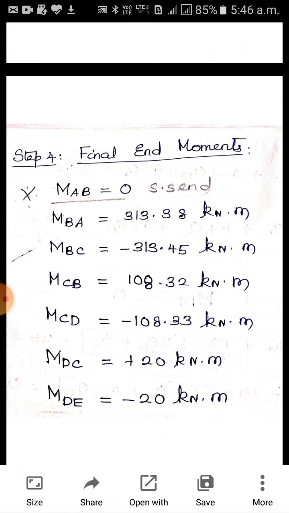Hope you have understood the problem. Make it a point to start working out this problem. All the other problems you have to work out. I haven't told you how to draw the bending moment diagram. Very soon we'll have the facility to record the board, whatever we write on the board. At that time I'll tell you how to draw the bending moment diagram for all the cases. If it is before the test, you can draw the bending moment diagram. For the test, no need to draw the bending moment diagram. I'll give you the marks.